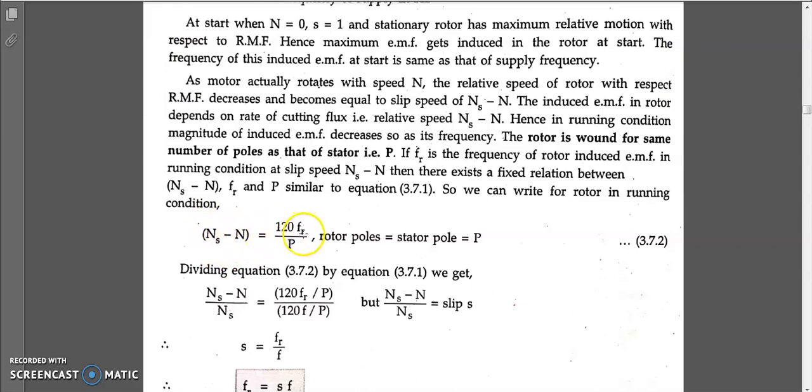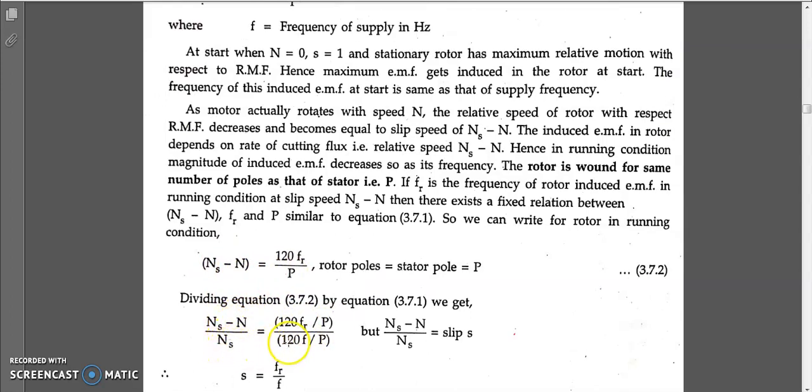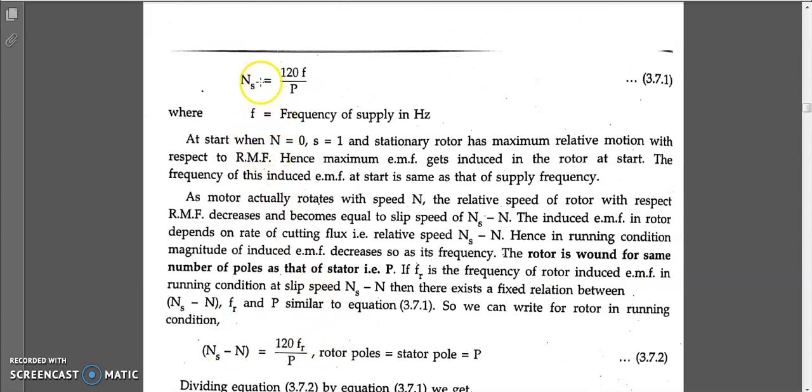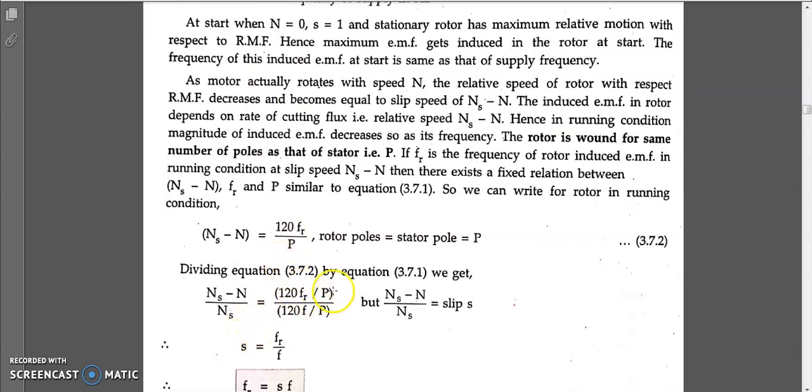What is fr? R represents rotor frequency. Okay, p represents the poles present in the rotor part. So remember, that's the reason we haven't written n equal to 120 fr by p, because we are going to calculate the slip effect. So we are writing in terms of slip parameter. So it is slip speed. Ns minus n is nothing but what, slip speed of the rotor, or you can call it actual speed of the rotor. So if I divide one by the other, so you can see ns minus n equal to 120 fr by p. So next one is ns equal to 120 f by p. The same formula I have written here back. So what happens, you can see p gets cancelled, whereas 120 gets cancelled.